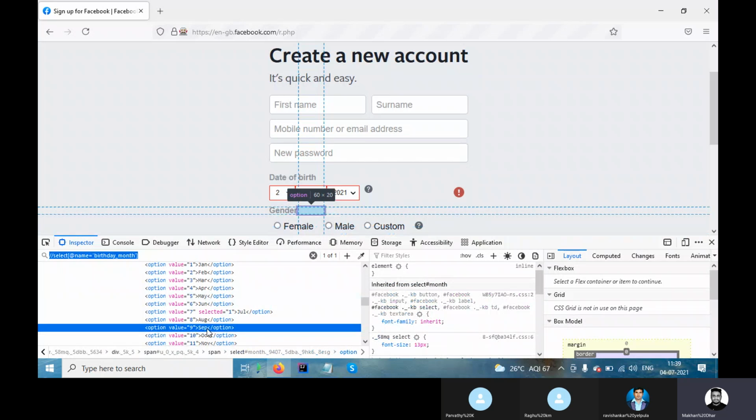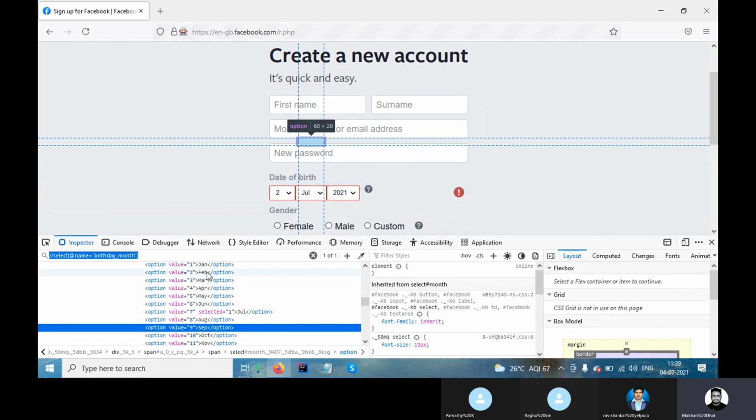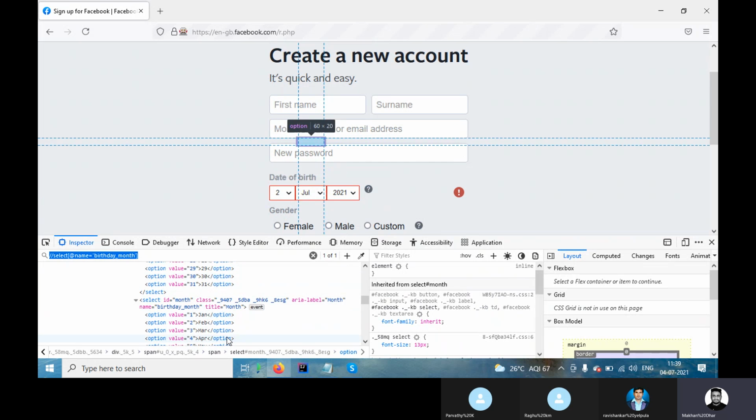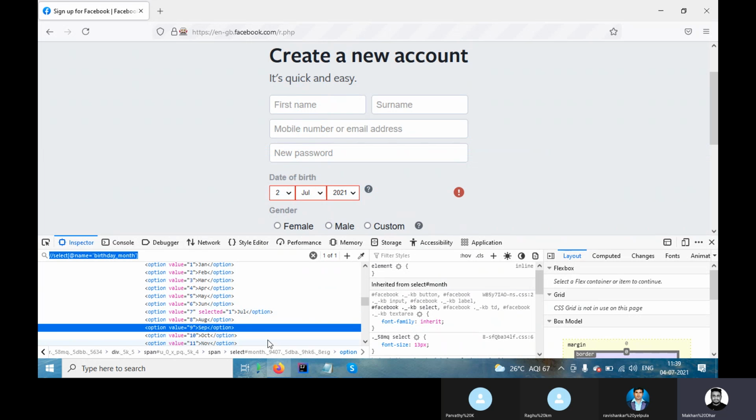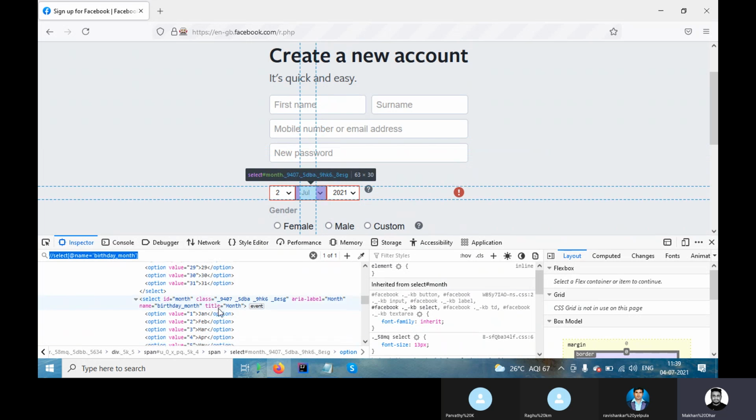So whatever is mentioned, September, then you have to say September only. If it is 3 words, you have to mention 3 words as it is. You can't even make Feb small. Don't try. Whatever is there, you just do.